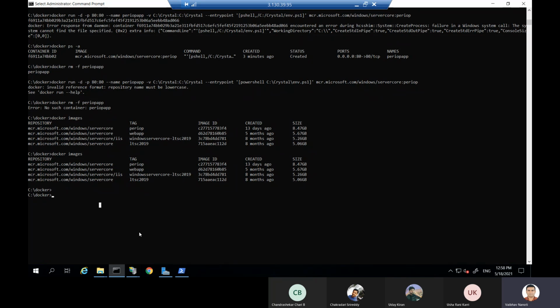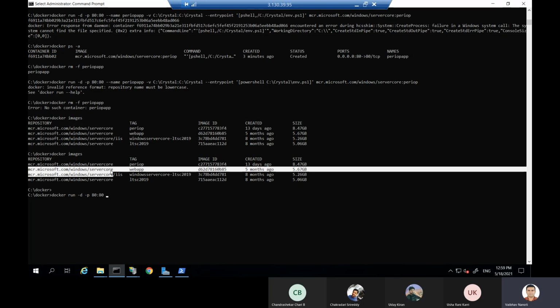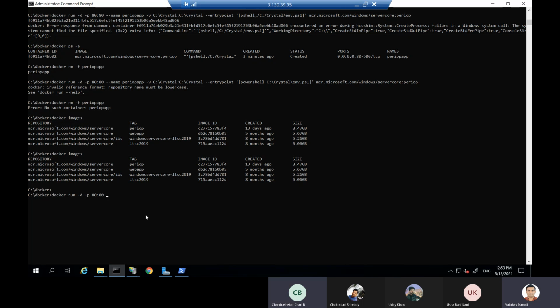I am supposed to execute the command docker run, with -d as the option for detached mode, and then -p is the option where I can browse my applications from the internal Docker container to the external one. So 8080, and then this image name which I already created. So this is my basic docker run command to execute the container, and the container is going to start.